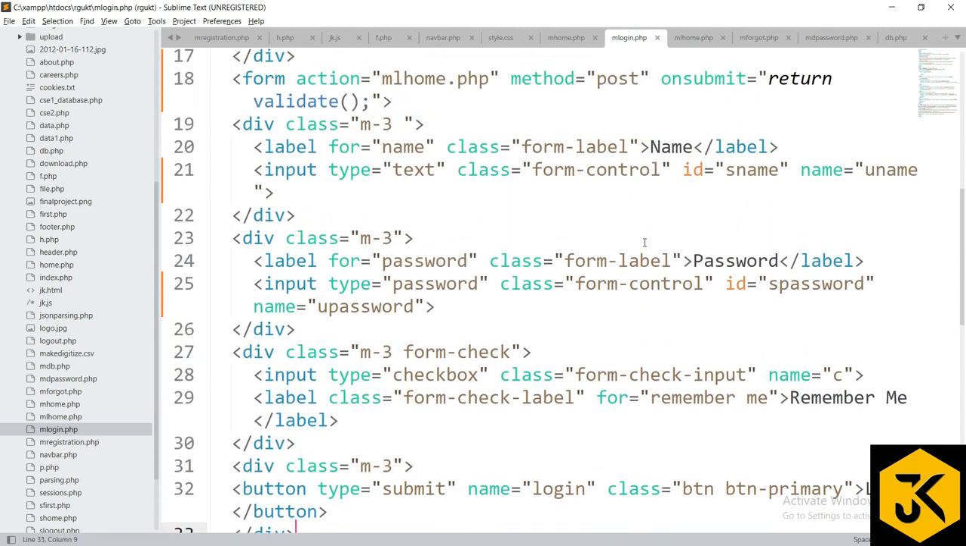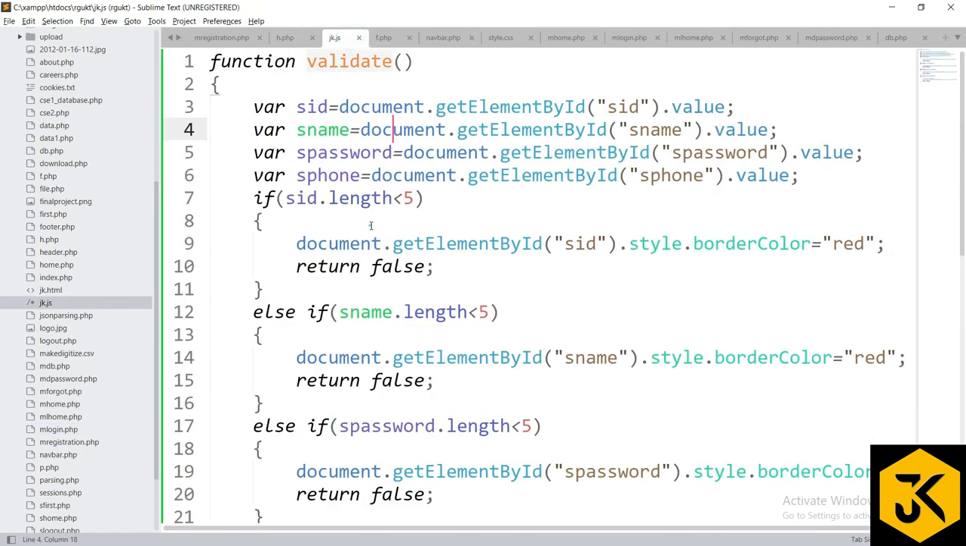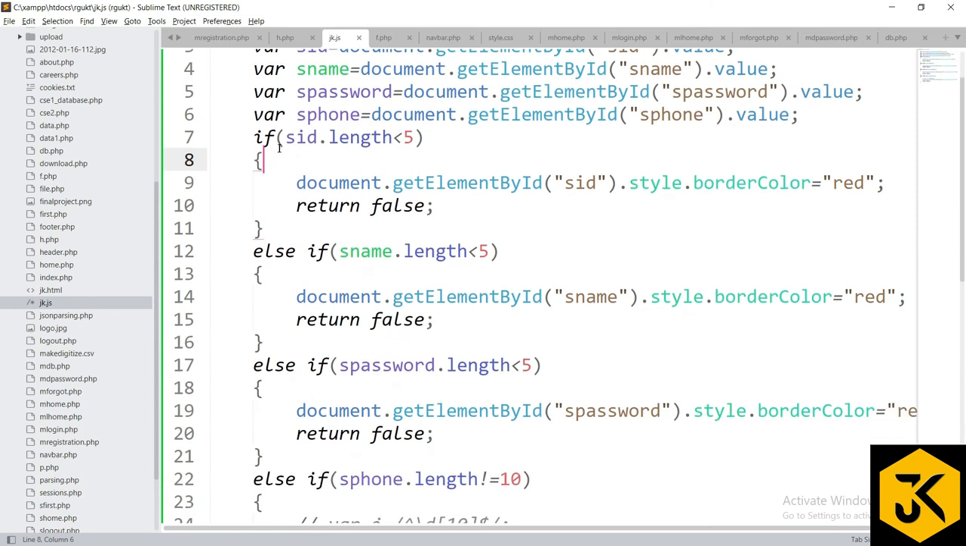In mlogin.php, the ID is yes name. The ID is yes name. If I go to jk.js, here we mentioned the cases as if SID. Is there any SID variable we got from the previous page? No. So that's the reason it is going to produce certain errors for you. So if you open the console,